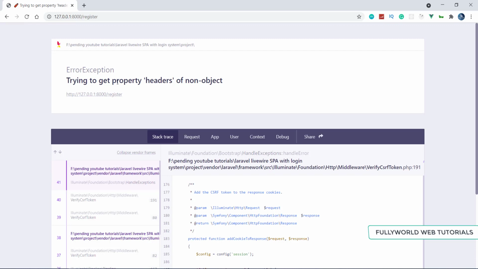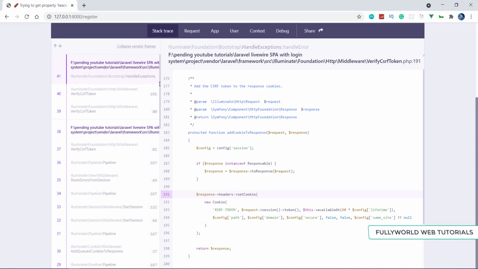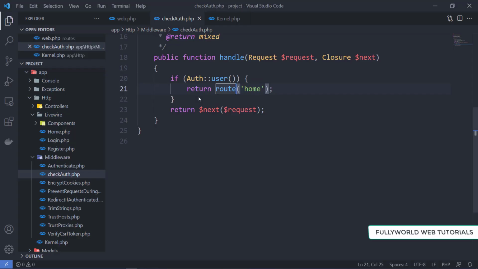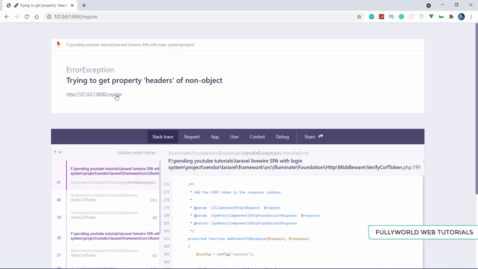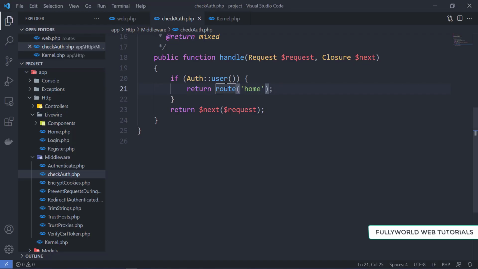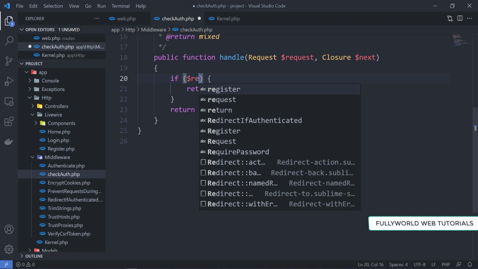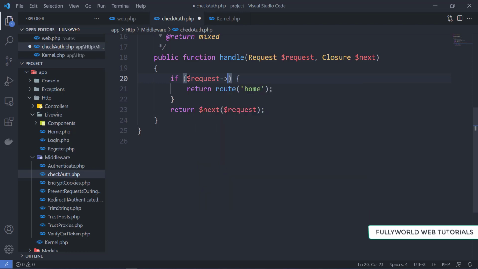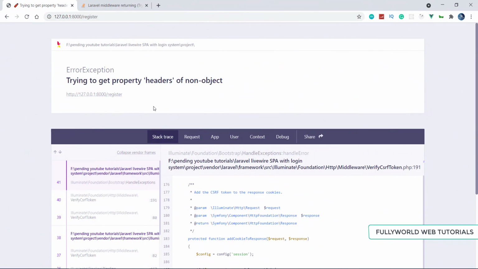So here we are getting "Attempt to read property headers on non-object." Let's see where we are getting the error. At register. We are getting this because we are not passing the user to that.